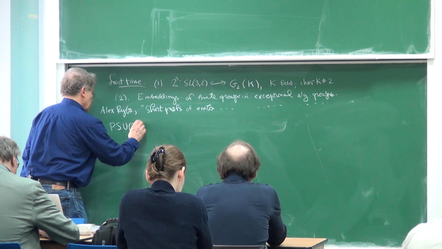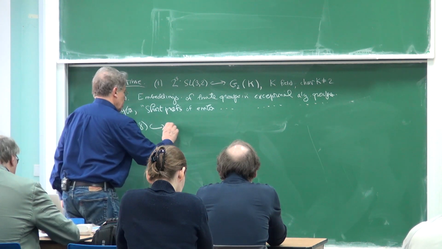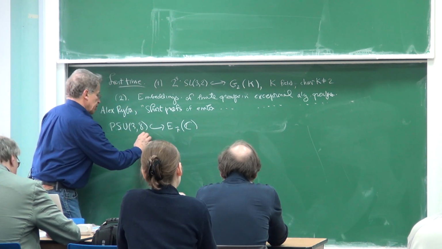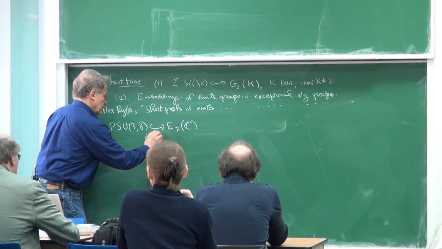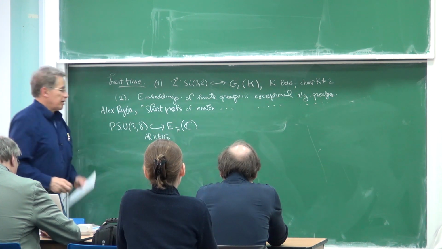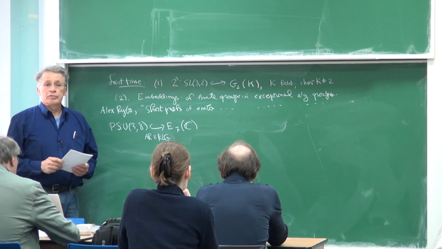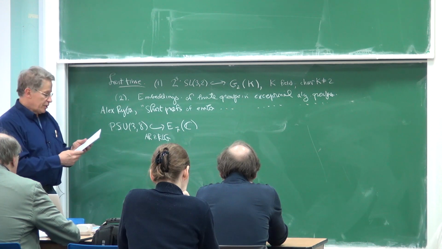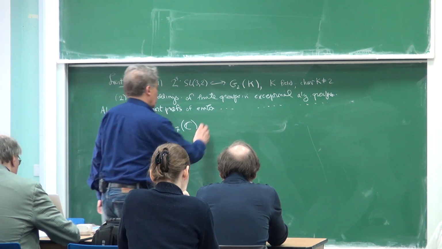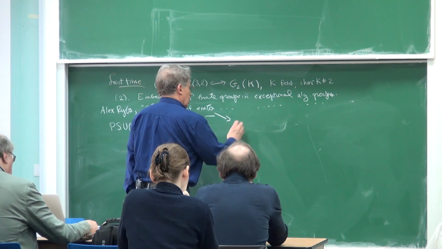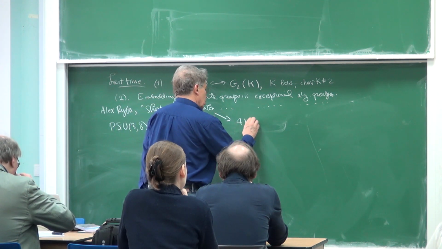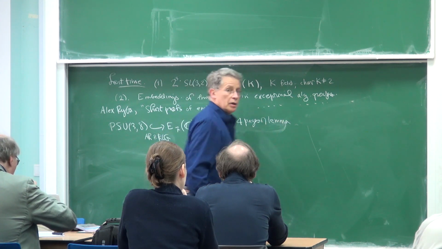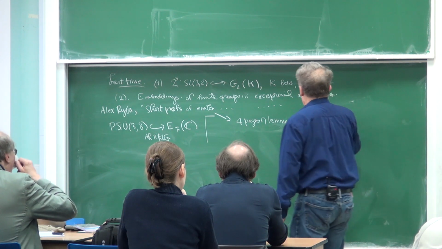You may remember that last time I discussed PSU 3.8. That's a subgroup of E7 over the complex numbers. And this was proved by Alex Riba and myself. It was actually a rather long paper, and we were very pleased with ourselves. Well, in this short paper, here's what Alex Riba accomplishes. There are about 4 pages of lemmas. They're all completely elementary linear algebra,